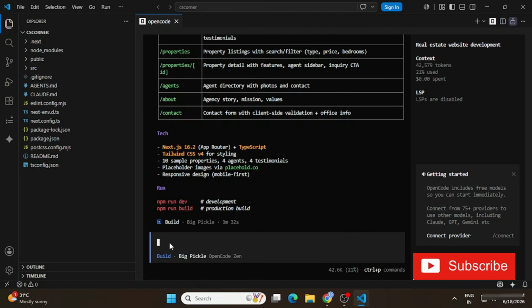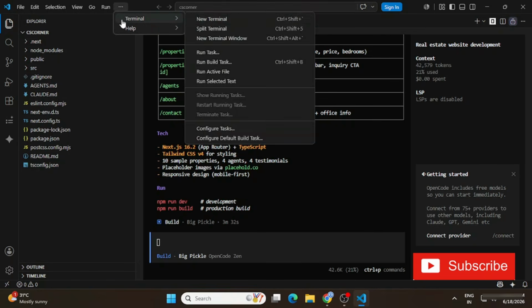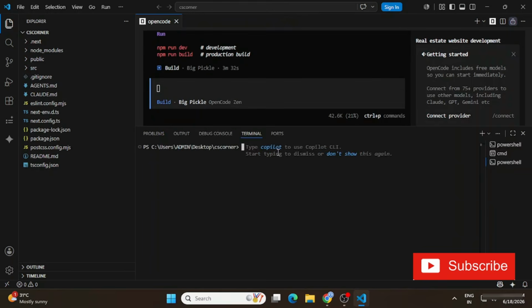I have not written a single line of code. I've just given one task to it, and it has created my project. So here my project is completed. Now to run my project, it is showing me what you need to run. And one more thing, guys, we are using npm. If on your system it's showing a problem with npm, that means Node.js is not installed, so you need to install Node.js also. I will provide the video link in the description box, you can install it.